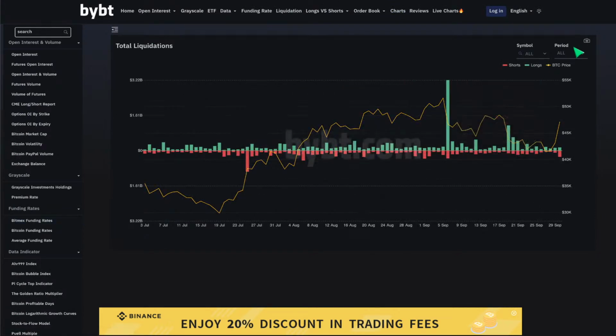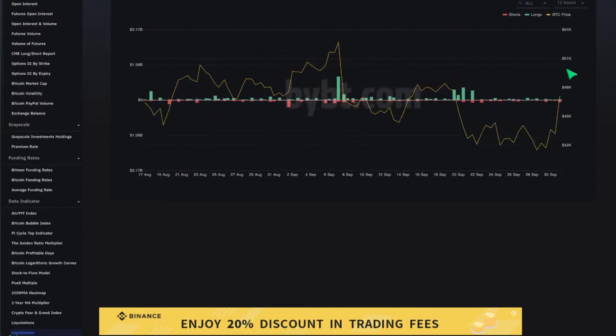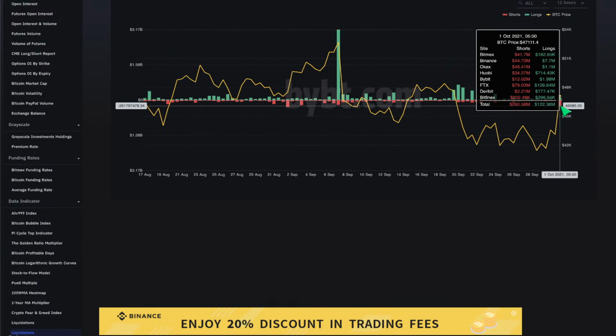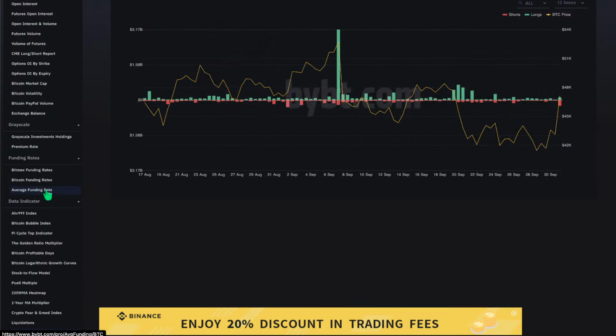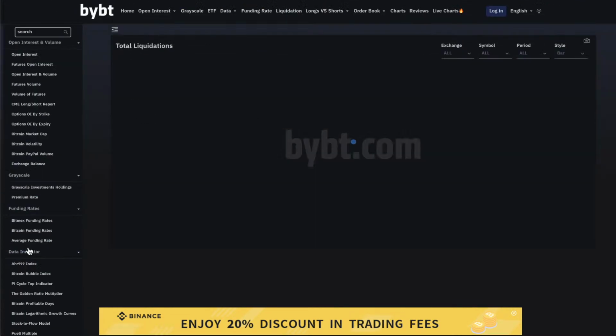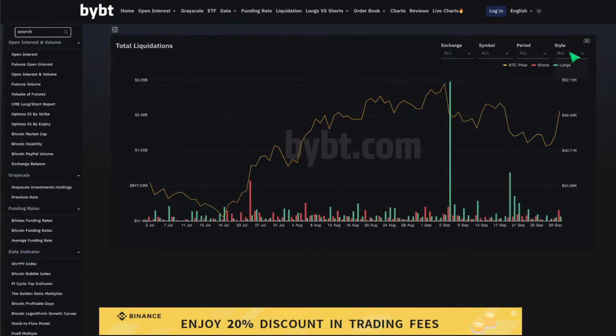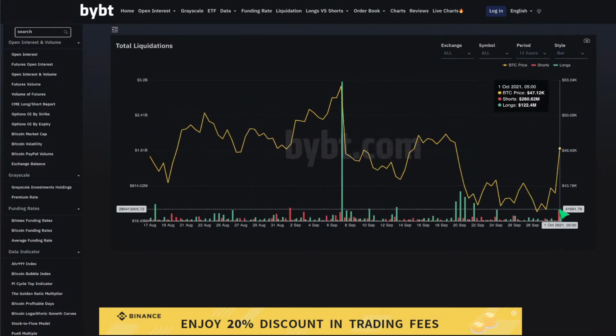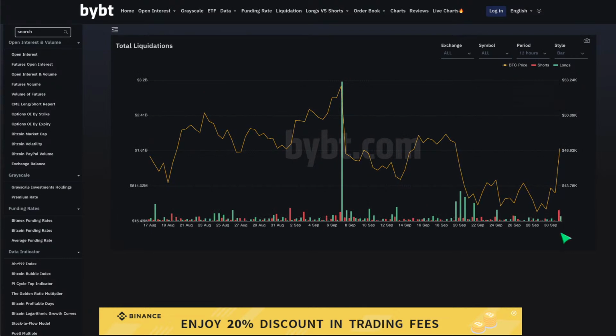So total liquidations. Let's have a look at the last 12 hours. In the last 12 hours we can see we've had just bears shorted, so that's good. Bears wiped out. And if we look at BTC only, that might give us a good indication of who's been wiped out. Let's have a look at these 12 hours. Again, we see a lot of bears got wiped out, and you can see recently some bulls getting wiped out. Again, people are being too over-optimistic.